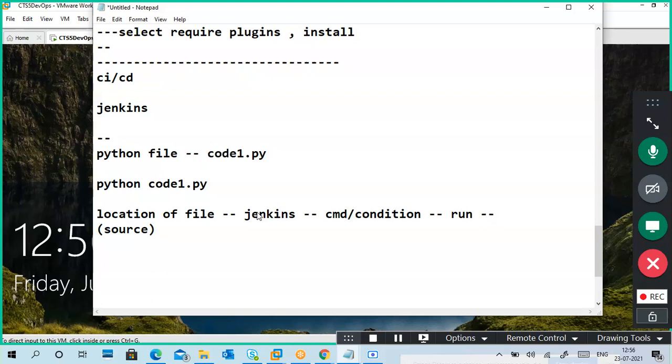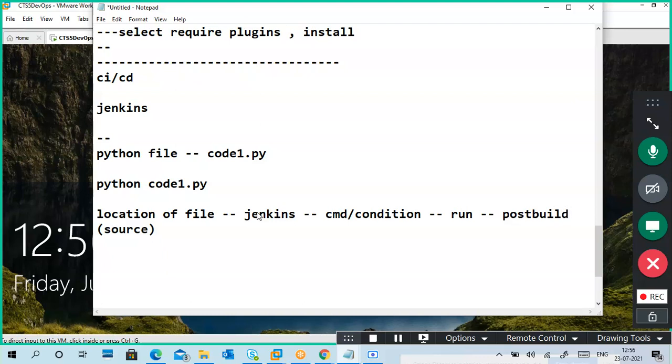After running, for example, the run is successful, run means build. It is successful. You may want to publish it online, like a web page publisher, or send an email, or build another project, or put it in GitHub. That is a post-build kind of stuff we can do.